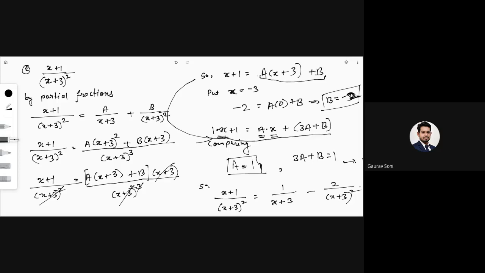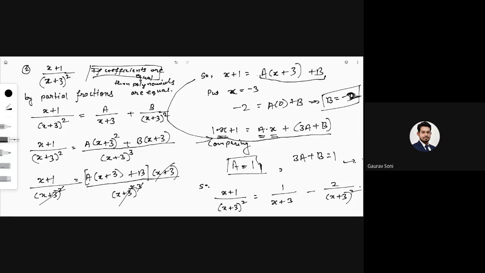Now what I'm saying is you compare these two sides. How do you compare two polynomials? I'll write down the small definition over here in the square. If coefficients are equal, then polynomials are equal.